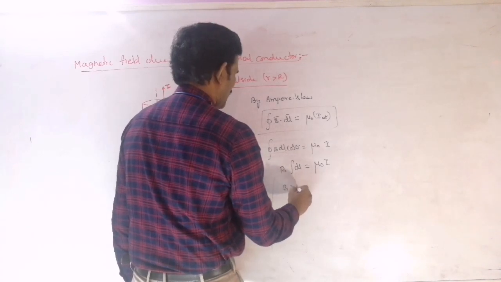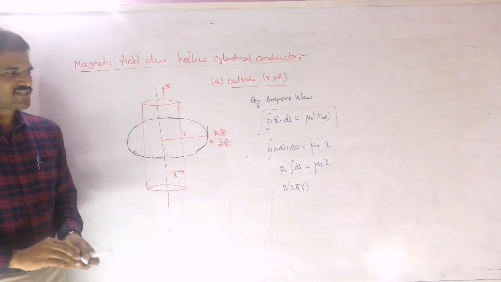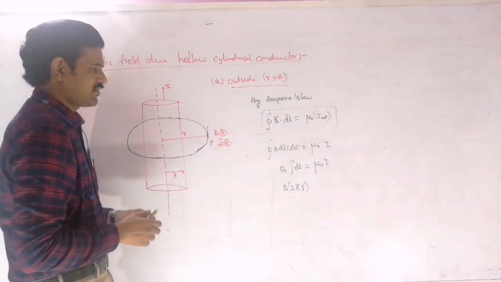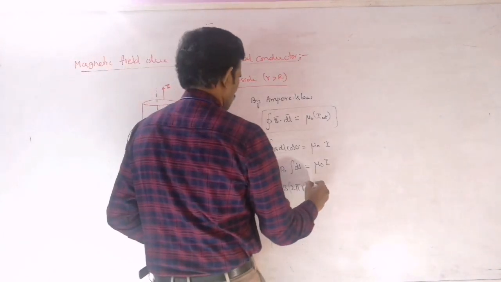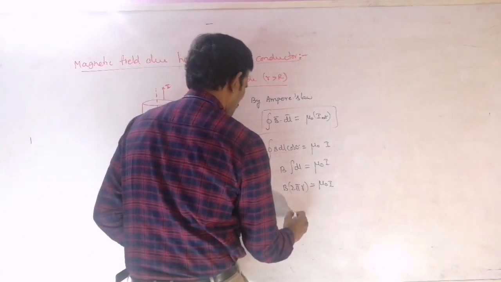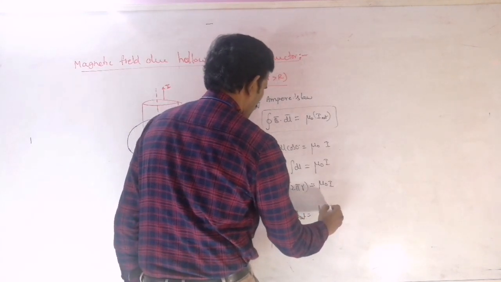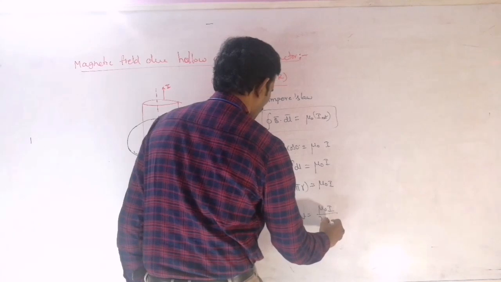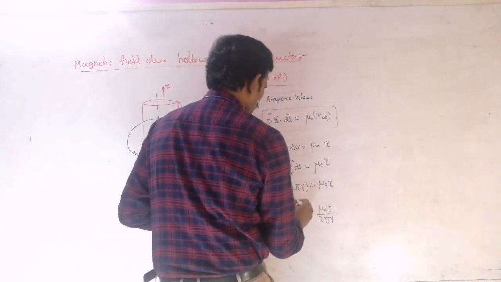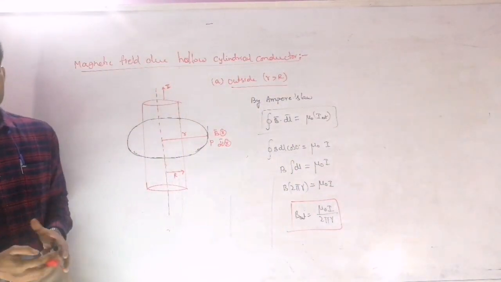So therefore this integral of DL is nothing but, as I said, B into circumference you need to write there. That circumference is nothing but the circumference of the circle in this case here, because we are taking this as an Amperian loop, a circle here. So this is mu naught into I. Therefore, now this B is nothing but the magnetic field outside. So the magnetic field outside is nothing but mu naught I by 2 pi r. So by using Biot-Savart's law also, the magnetic field at a distance r from the long straight current carrying conductor, you will get the same expression.